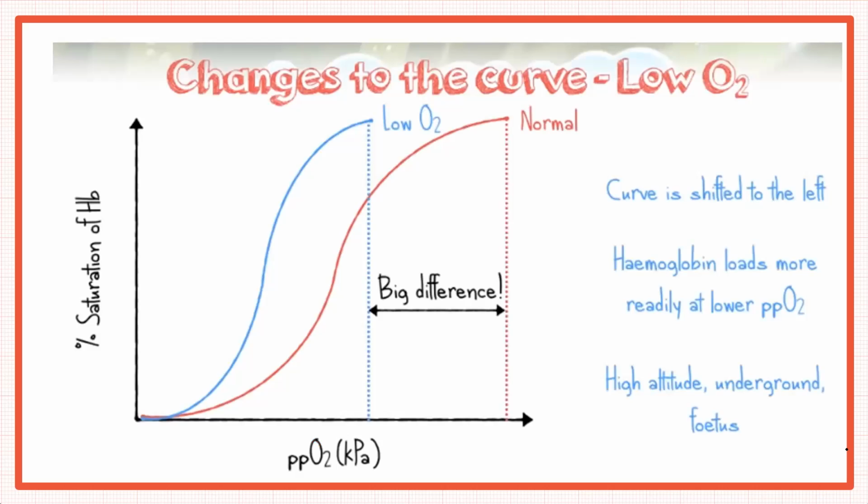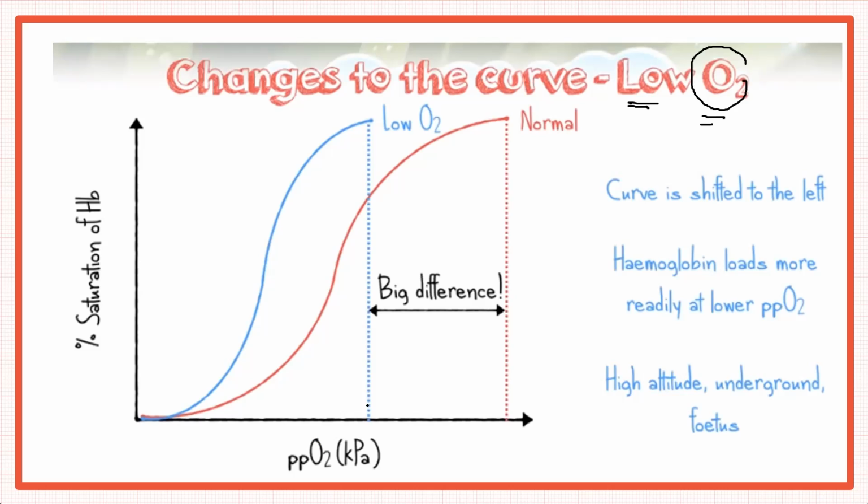So what you notice here is that whenever there is low oxygen concentration, remember the curve will shift towards the left. So remember it from L, ठीक है. So जहां भी ऑक्सीजन की कंसंट्रेशन कम होगी, उस जगह पे हीमोग्लोबिन will have high affinity for oxygen, ठीक है, तो वो कम प्रेशर के अंदर भी it will bind to more oxygen, ठीक है. So it mostly happens in higher altitude, there is low concentration of oxygen, ठीक है, तो उस केस में लोअर प्रेशर के अंदर भी मोर ऑफ द हीमोग्लोबिन गेट सैचुरेटेड, ठीक है.